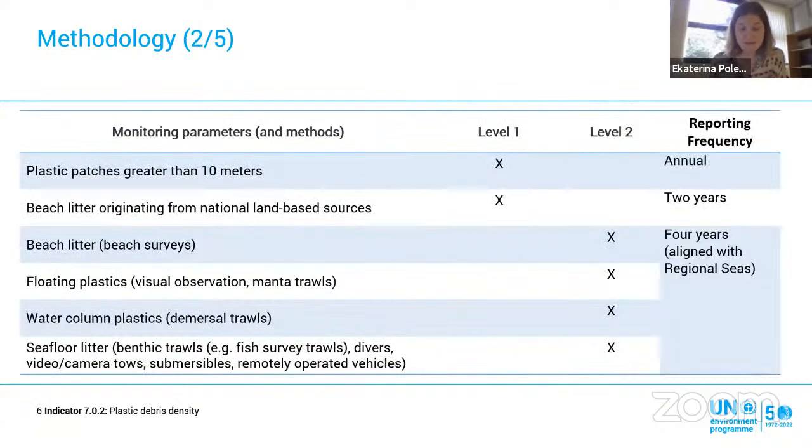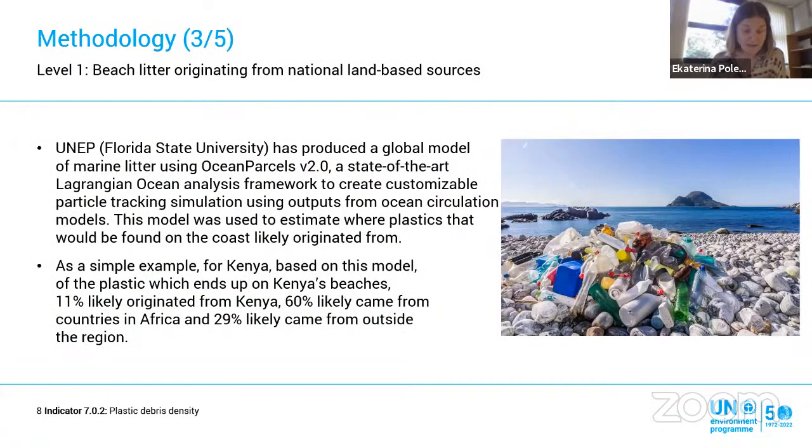Level 1 or global indicators are characterized by plastic patches greater than 10 meters and beach litter originating from national land-based sources. Level 2 or national indicators include beach litter, floating plastic, water column plastics, and seafloor litter. Next slide, please. For the level 1 indicator, beach litter originating from national land-based sources, UNEP, with support of Florida State